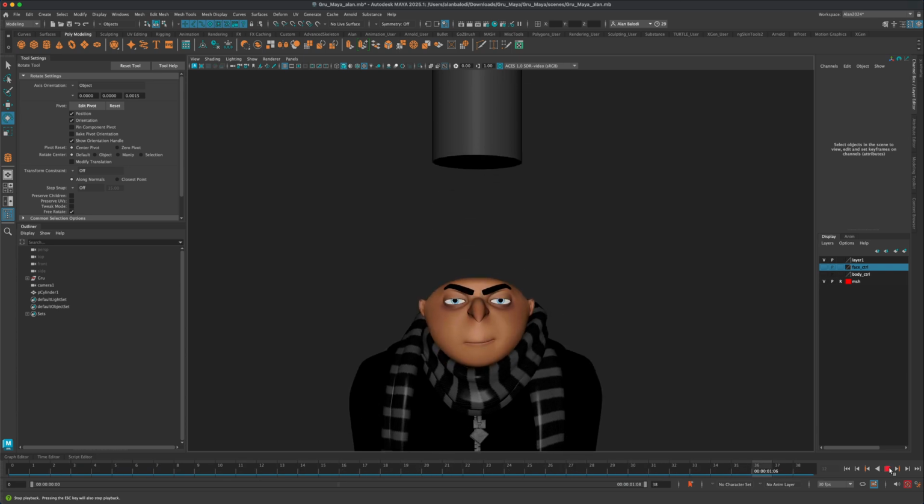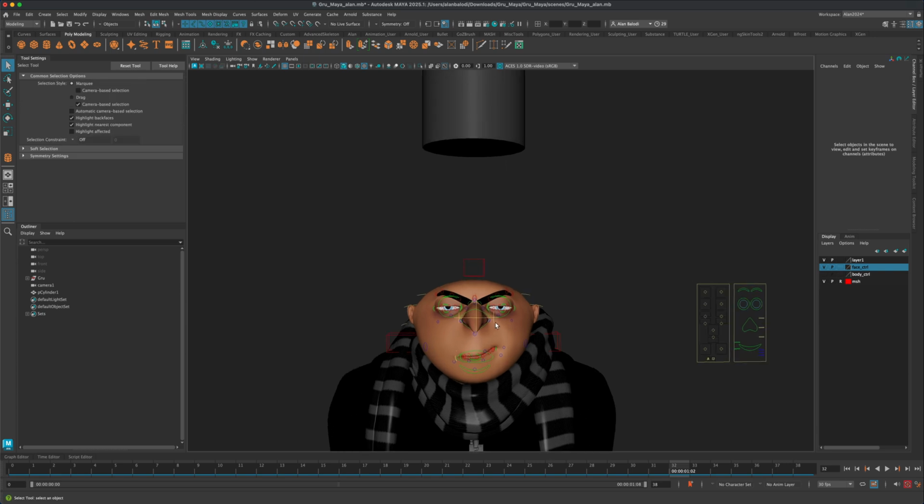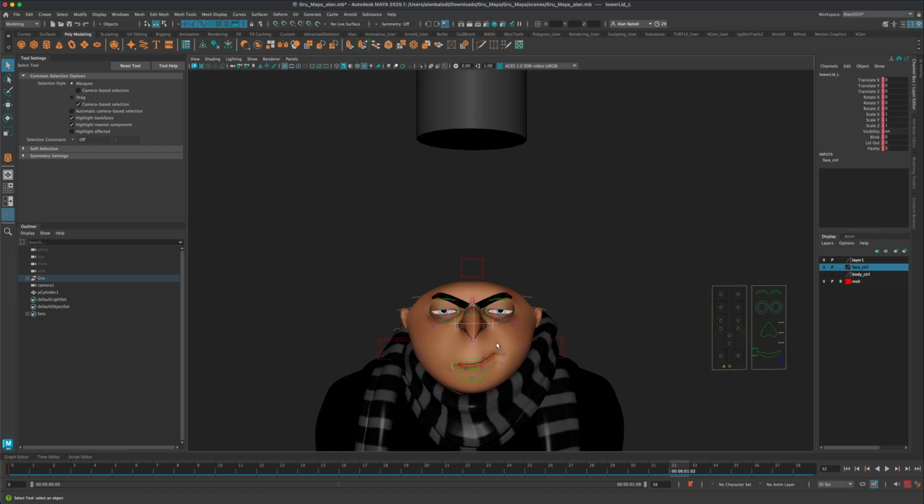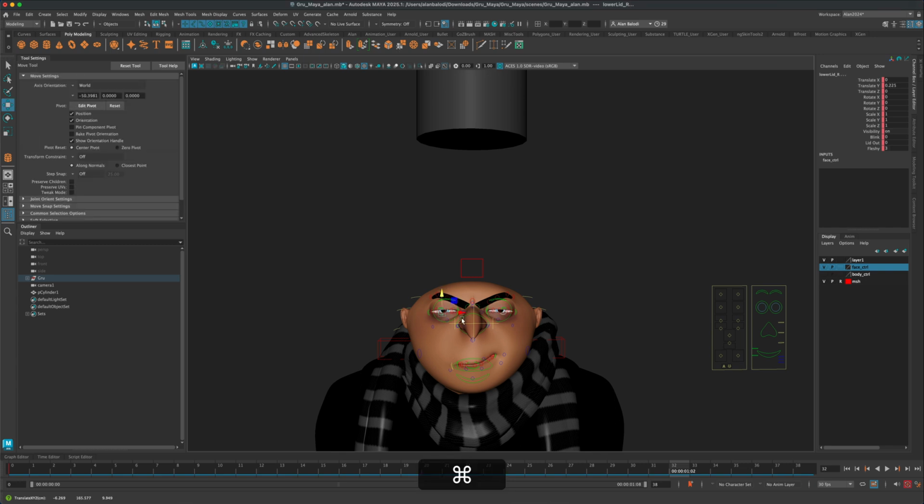If you wanted to add a quick blink right here, maybe he could do a quick blink. How do we do that? We actually didn't take a look at the blinks yet. What we could do is, I think it's these green controllers right here. So if I select, let's go ahead and zoom in a little more. If we select this one and press W, we can see that this is actually controlling the eyelids, right? So to create a blink,